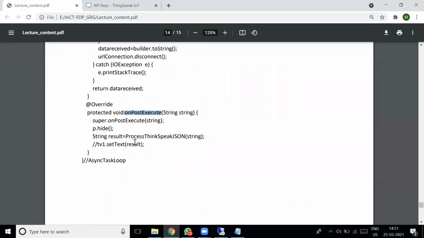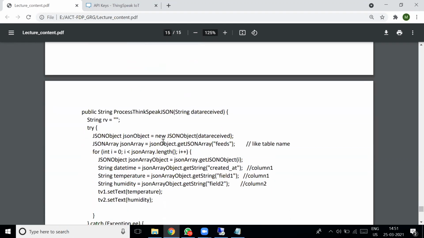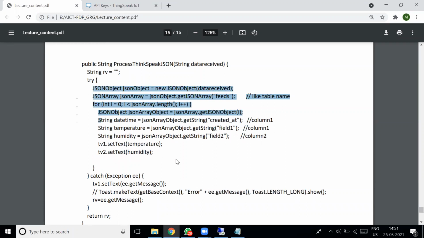In the onPostExecute method, we pass that JSON string to the process ThingSpeak JSON method. This is our own method. Here we do the parsing process. The entire string is converted to a JSON object.